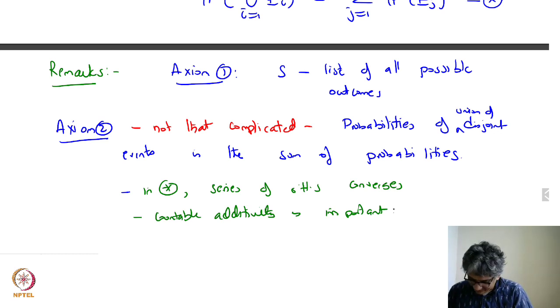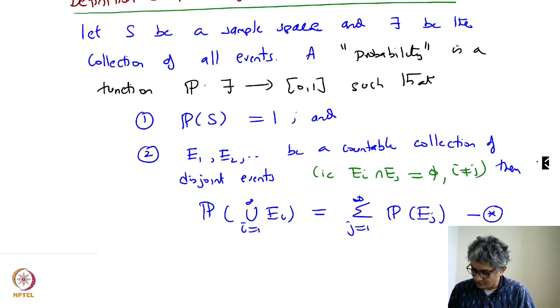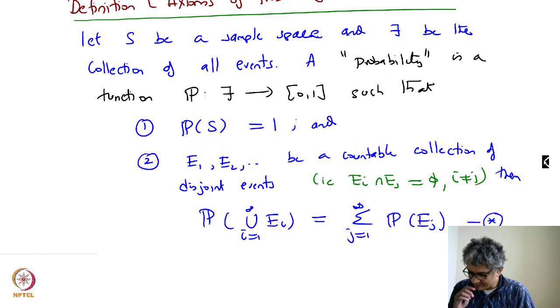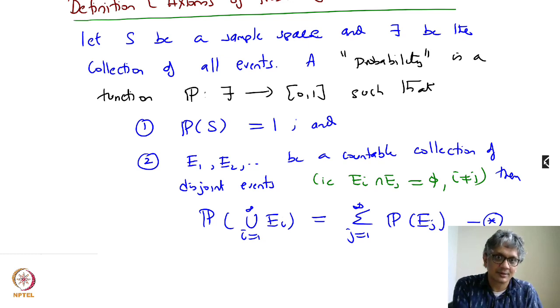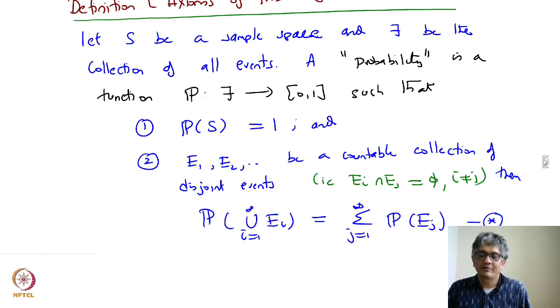This is where we are. As of now, we have defined a sample space, an event space, and a probability. A probability is just a function from the events to [0, 1], such that the probability of S is equal to 1, and if we take countable disjoint events, the probability of the countable union is the sum of the